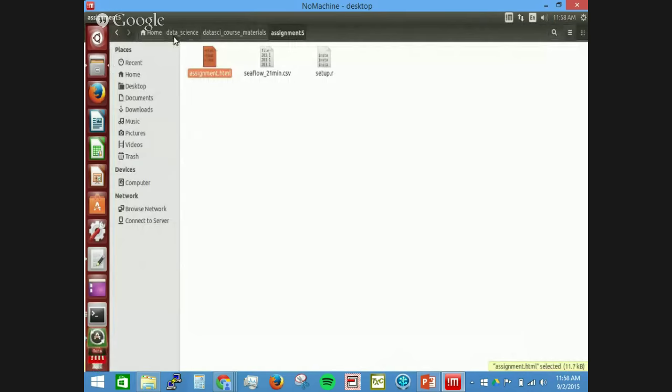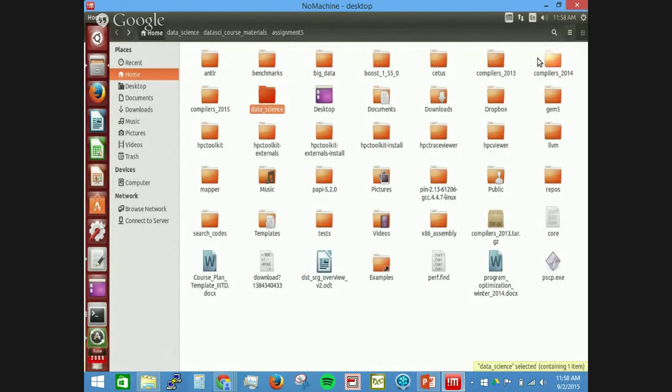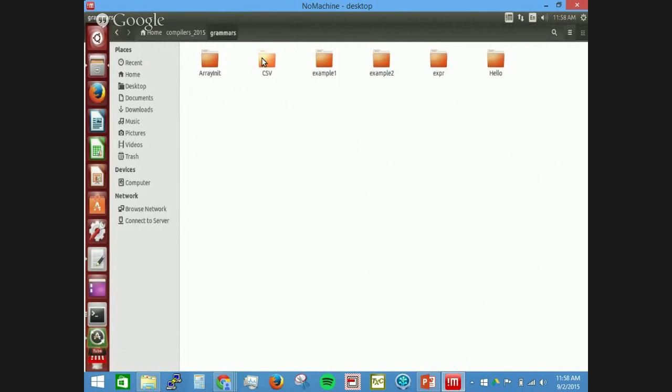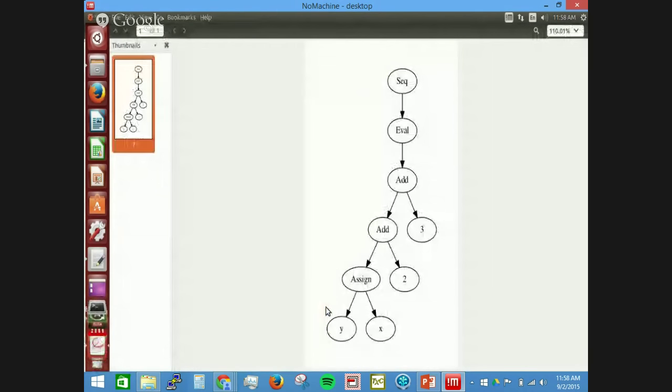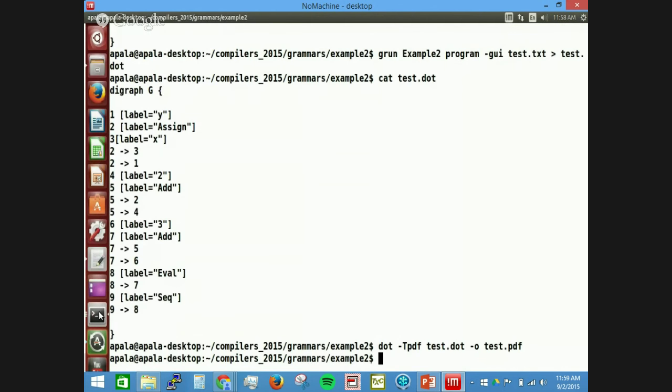I'll just go and try to open the PDF file that I just generated. So here is the PDF file that I just generated. This is your abstract syntax tree. Note that it doesn't have any of those braces and operator symbols that we had in the parse tree, which are important for the parse tree because it's checking for correctness, but not important here because we already know the parse tree has been generated and the program is correct. So just to show you how they compare,